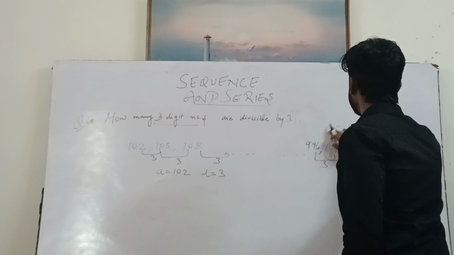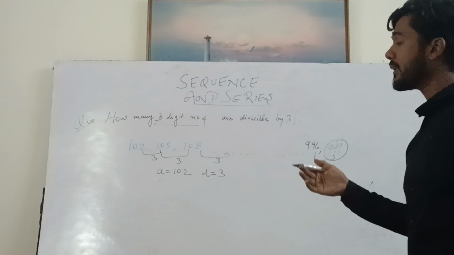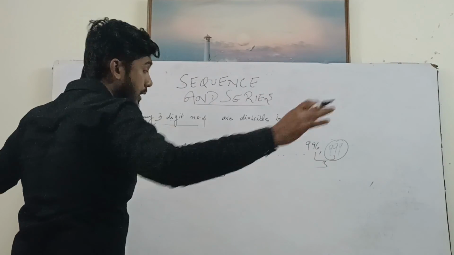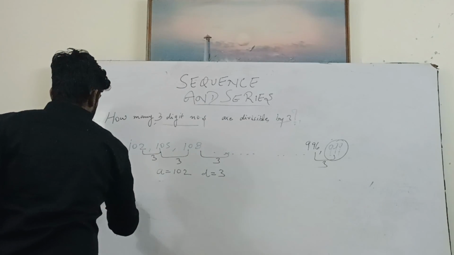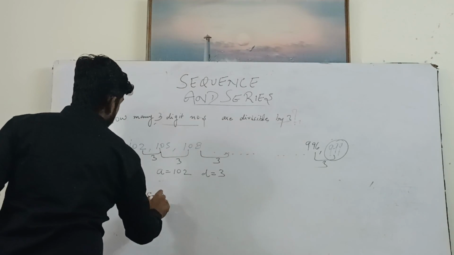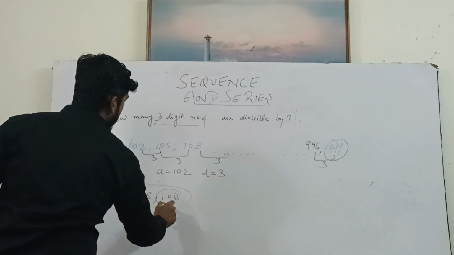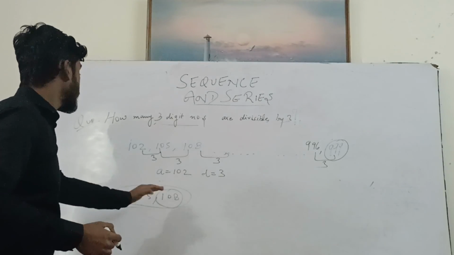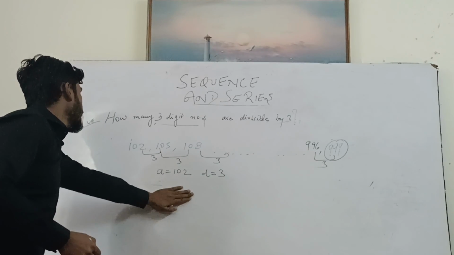टर्म है, पहला है, दूसरा है, तीसरा है, चौथा है, पांचवा है, छठा, तो हमें पता चल जाएगा इसमें कितने टर्म्स हैं, है ना। जैसे पिछला एग्जांपल देखा था, मान लो 102, 105 और 108 है, इसमें कितने टर्म्स हैं? 3। तो हम अगर पता कर लें कि 108 इस सीरीज में कौन सा टर्म है, तीसरा है, तो इस सीरीज में 3 टर्म्स हैं, क्योंकि ये लास्ट टर्म पता कर लिया हमने।